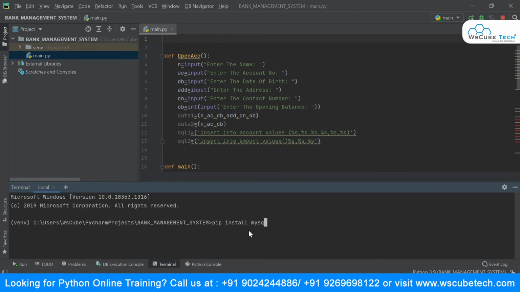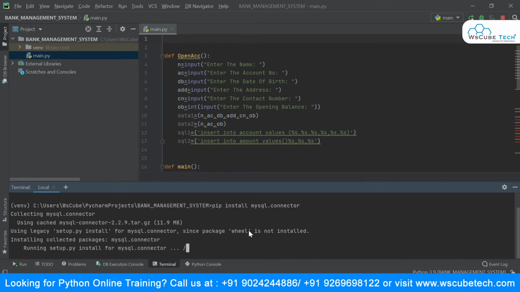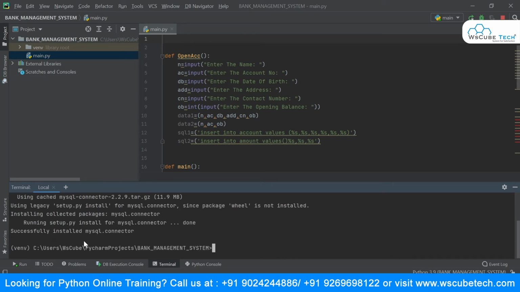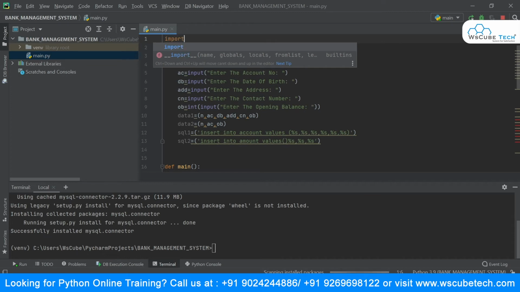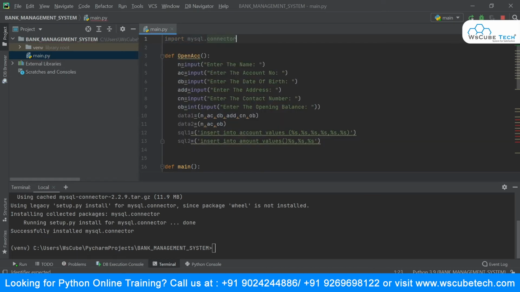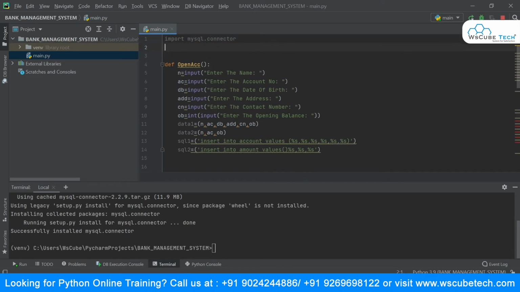So I will say mysql.connector, and if I click enter, you can see that it is going to install that particular module for me, and it says successfully installed MySQL connector. Now if I say import mysql, you can see that I'm getting this. So make sure that this mysql.connector is installed in your PyCharm.